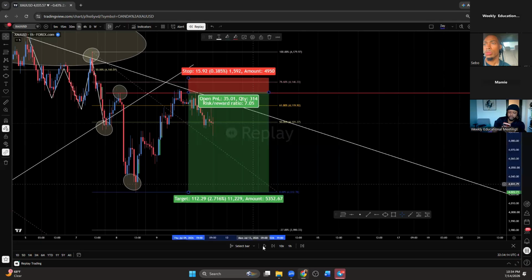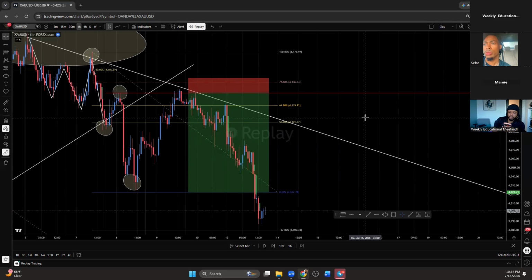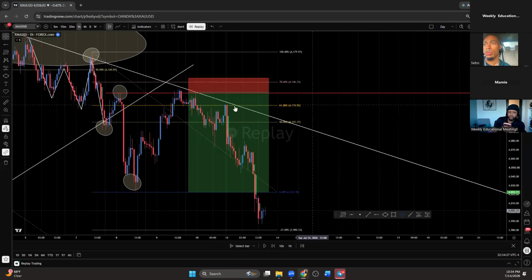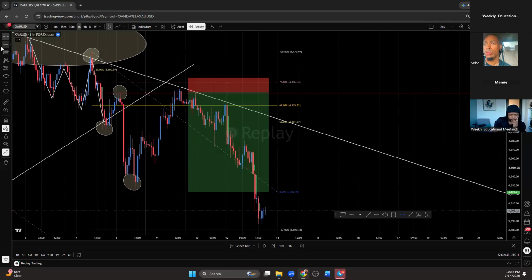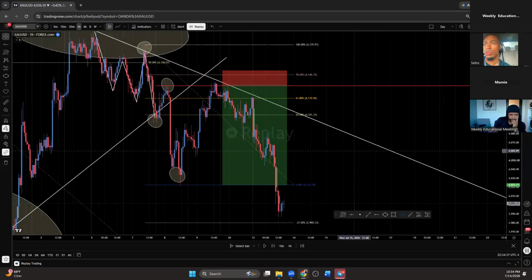the trade really went and just smashed my take profit. Literally smashed my take profit. And when you look at it, guys, you see why we entered the 61.8. We entered the 61.8 for a reason because you see market came right to the 61.8 and dropped down. But the thing is, you have to really pay attention to what the market is doing. You can't just get in because you think, oh, I think this is the right area to get in.